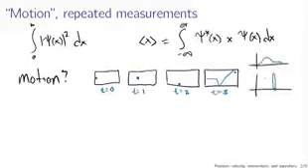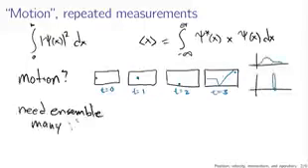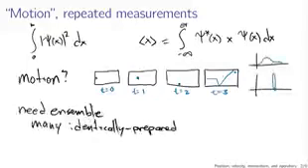The fact that measurement affects the system like this means that we really can't imagine repeatedly measuring the position of a particle in the same system. What we really need is an ensemble. That's the technical term for what we need. What an ensemble means in this context is that you have many identically prepared systems. Now, if I had many identically prepared systems, I could measure the position over and over again, once per system. If I have 100 systems, I could measure the position 100 times, and that would give